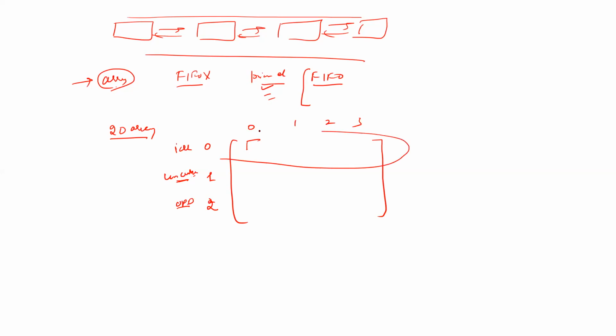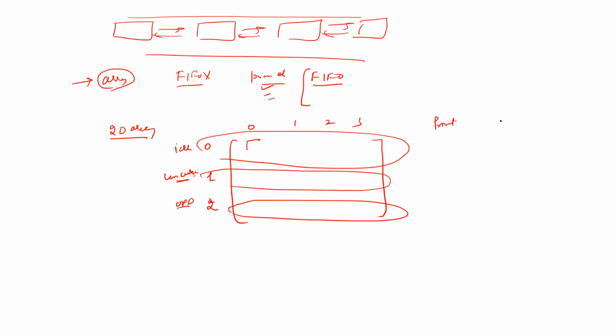This is one queue which is being maintained. This is another queue which is being maintained. This is the third queue which is being maintained. For every queue, there will be a different front and rear. Let us suppose some persons might have died, or some persons might have been cured within the ICU. So at that moment, some element might be here. So front can be 2, rear can be 3. In the less critical queue, there might be a scenario like C, D, E. This means that front is equal to 3 and rear is equal to 1. Similarly, OPD can be totally empty, or there can be just one or two elements like E or say G or H. Here this can be 0 and this can be 1 accordingly.